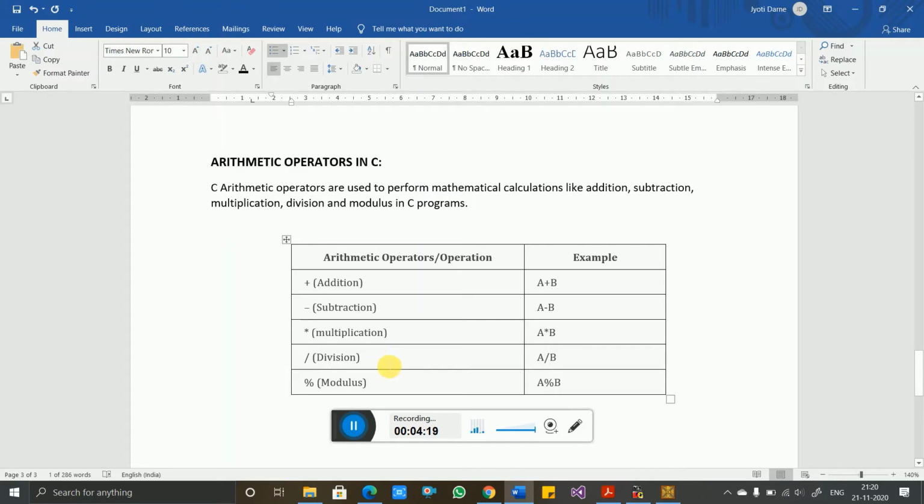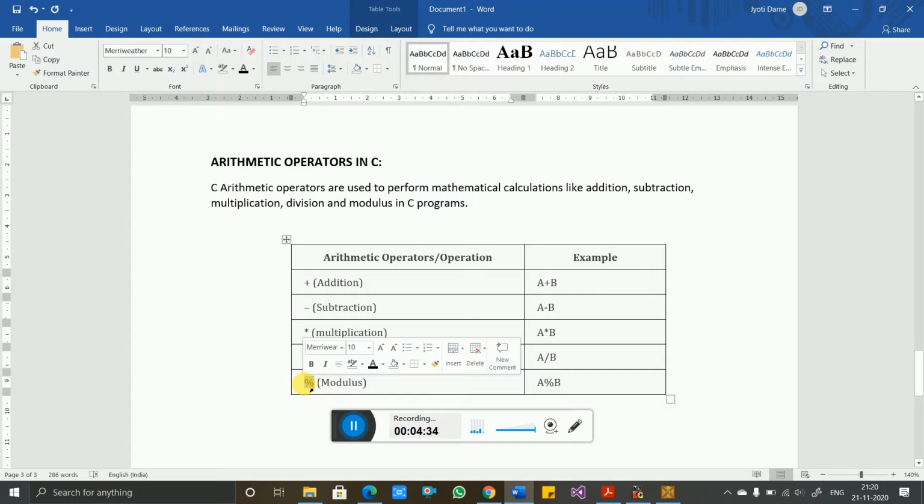we do a division of two numbers, we get two values. One is the remainder and one is the quotient. When you use the division operator, you will get the answer as a quotient, and when you use mod as an operator on this division, then you will get the answer as a remainder. We will see the output for these two and understand what type of operations these arithmetic operators perform.